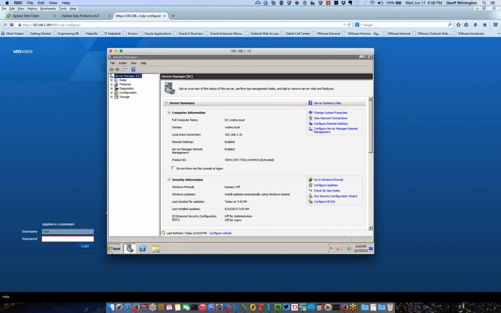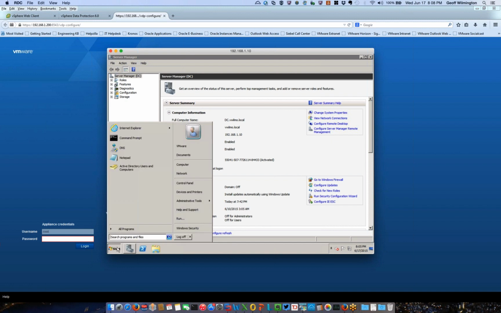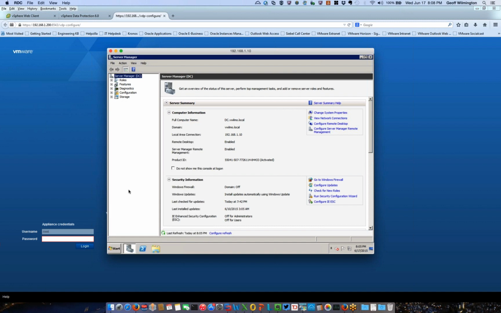So going in here, you definitely want to make sure that when you set this thing up and give it a name, you actually have a reverse DNS entry, because I did not have a reverse DNS entry and I had lots and lots of problems. That is definitely one of the things that you want to make sure of. Also,